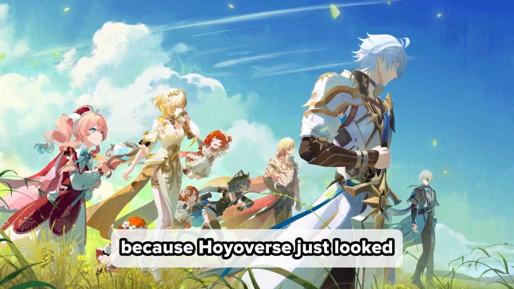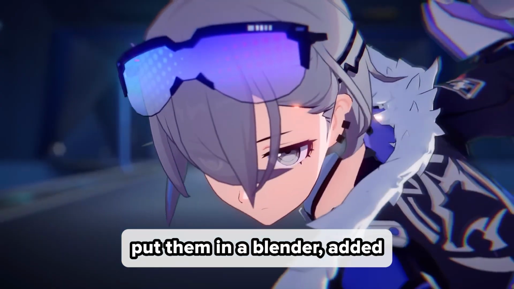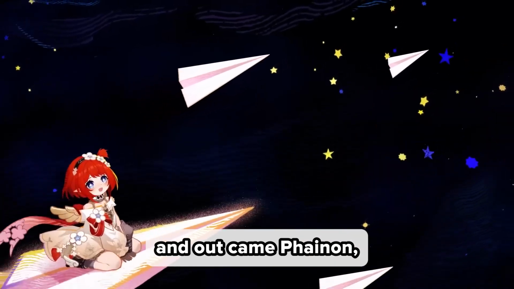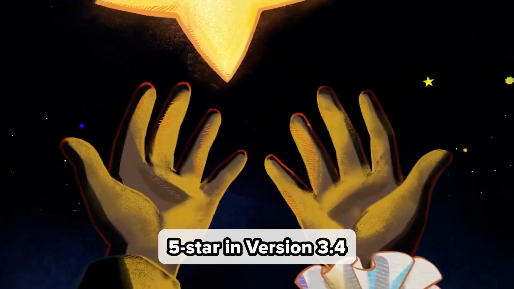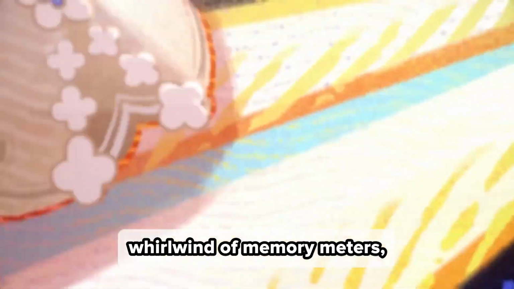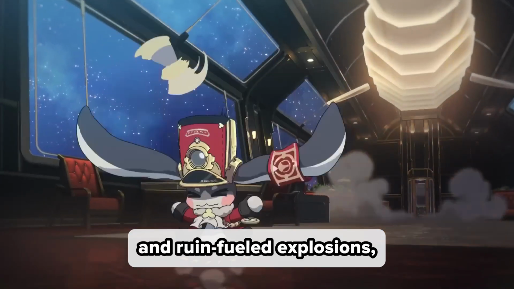Buckle in, friends, because Hoyoverse just looked at every single gameplay mechanic in Star Rail, put them in a blender, added 5 cups of caffeine and a pinch of madness, and out came Phainon, our upcoming physical destruction 5-star in version 3.4. Now, before we dive into this whirlwind of memory meters, solo transformations, forced enemy actions, and ruin-fueled explosions,